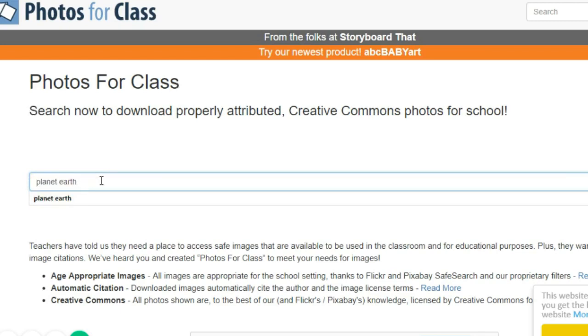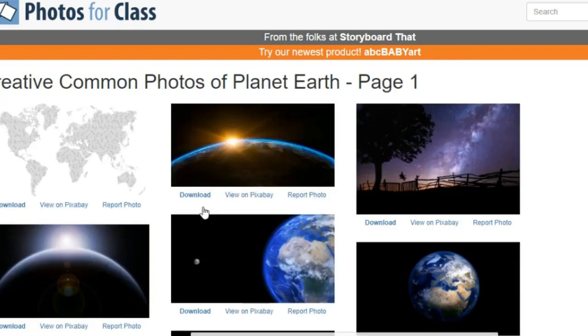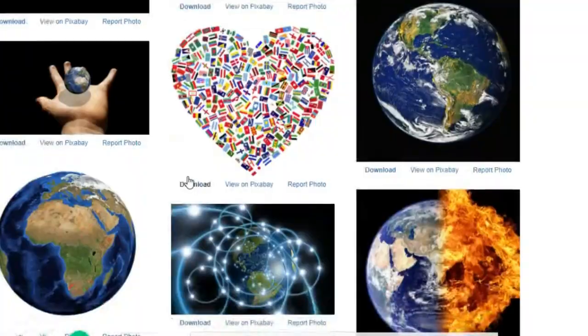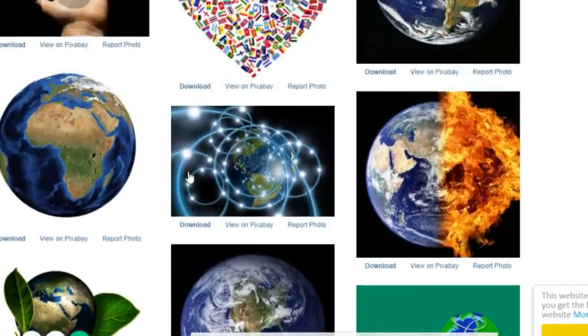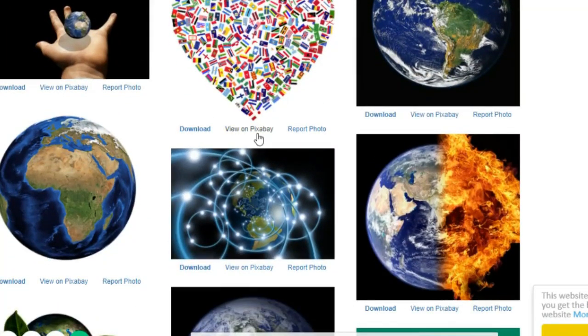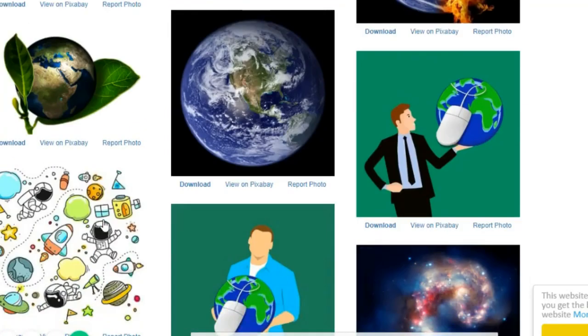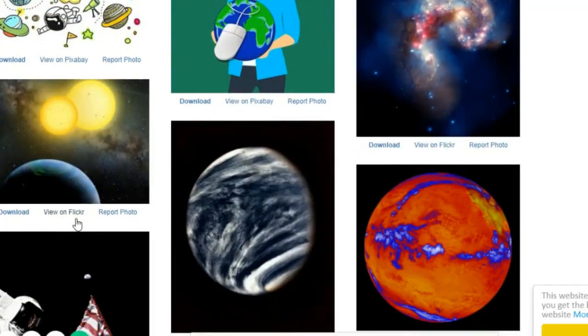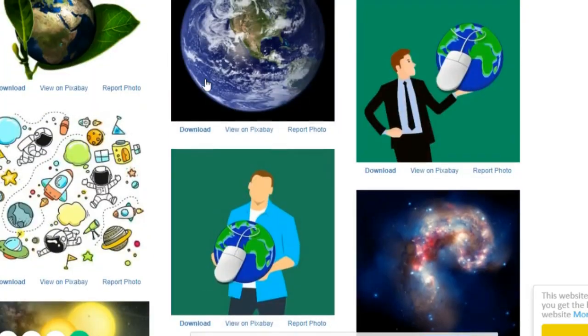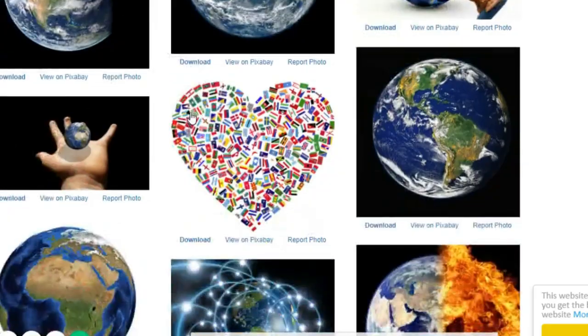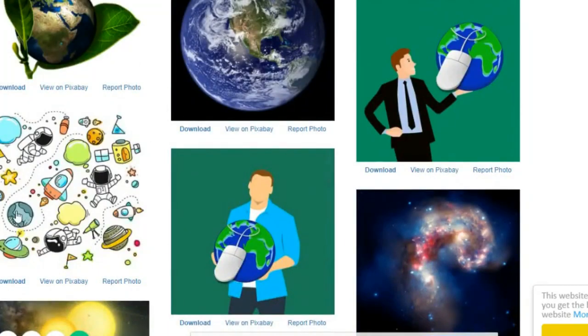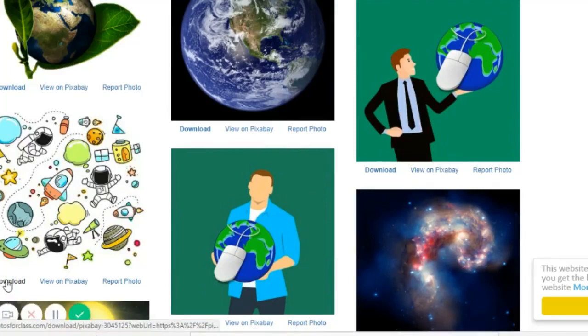I'll choose planet Earth, and then I click on Find Photos. And here are photos that are related to the topic that I chose. Now, as you can see here, some images are from Pixabay and others are from Flickr. What you can do is you can simply click on download. Let's say that I would like to use this picture, which is lovely, colorful. I click on download,